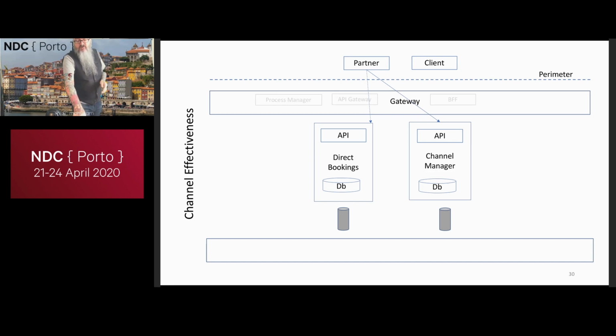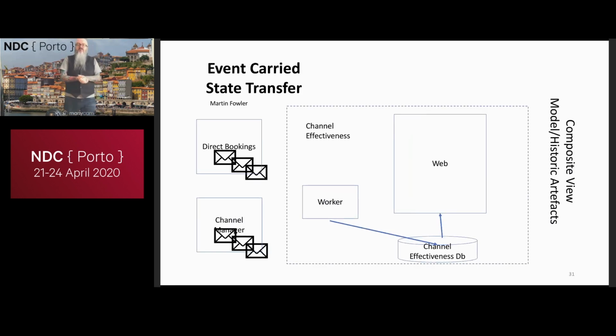Well, the answer looks very similar. If I take this notion of event carried state transfer, I can say, well, hang on a minute, my booking service and my channel manager service are constantly creating events. So if I add a new channel manager or remove a channel manager, etc., then I'm going to have an event. So I could listen to those and come up with a list of channel managers. And then when I see a booking, I could say, when that booking comes in, I'm going to aggregate under that channel manager the number of bookings that have been made, total value of the bookings, etc. And I can do that per quarter.